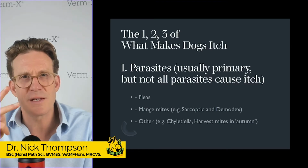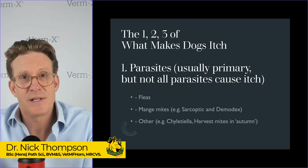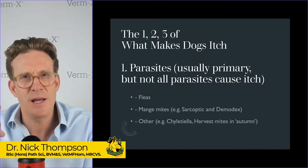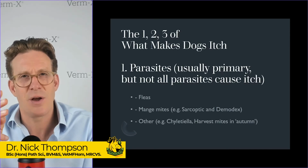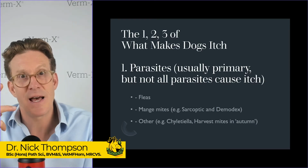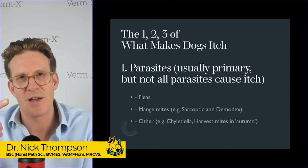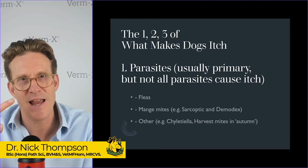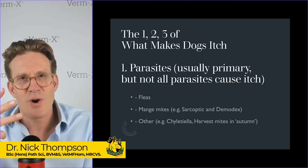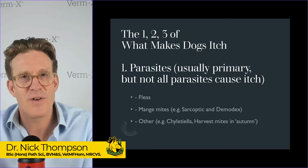There are 3 things that make dogs itch. Number 1 is parasites, and we've got that here. Number 2 is sensitivities and allergies. And number 3 is infections. Sensitivities are also called allergies. Technically they're not, but we can call them allergies if you like. So we've got parasites, allergies, infection. It is possible to have parasites and allergies and infection. In fact, that's quite a common